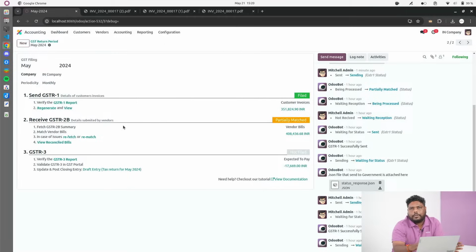So it depends on the company structure, company policies, and the company turnover. Some companies file on a quarterly basis, some file on a monthly basis. Currently I am showing you on a monthly basis. For the month of May we have filed the GSTR 1, and now we can see the GSTR